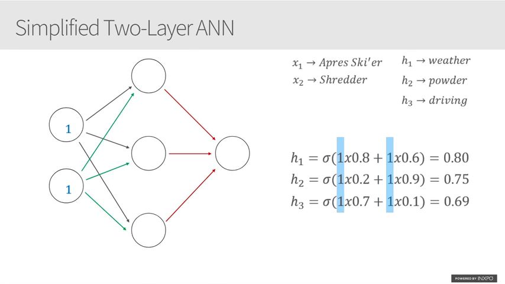So the inputs of one here, because right now I'm thinking to myself, yeah, I'm actually excited for both concepts, okay? But the weights start coming in. So these are the edges that are starting to come into play in our graph here. All right, and so in this case, 0.8, 0.2, 0.7 for weather, powder, and driving, respectively. That's the après-skier persona, because they care if the weather's good. The powder, they don't really care so much because they're really there for the parties, and if the driving conditions are good, okay? And so versus in green, the edges are